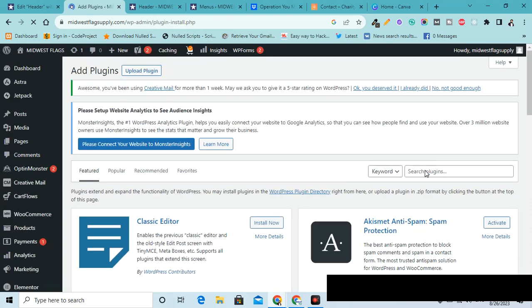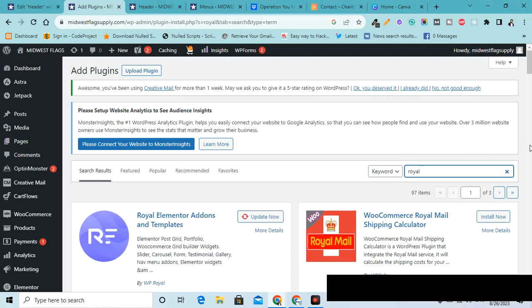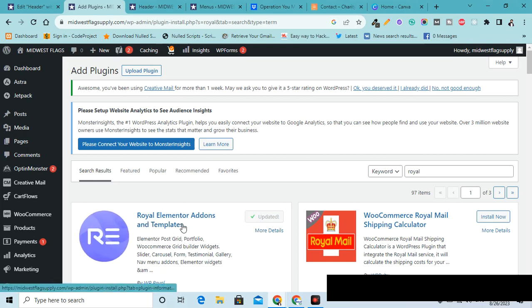Let me tell you, Royal Addons, R-O-Y-A-L. Let's see if it shows up. Yes, this one, it's already installed. I have to update it, but you have to click on install now and then activate it. Okay, so after installing the Royal Elementor add-ons and templates plugin, you have to